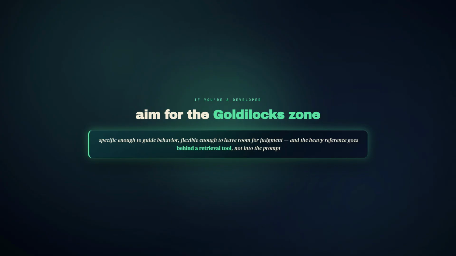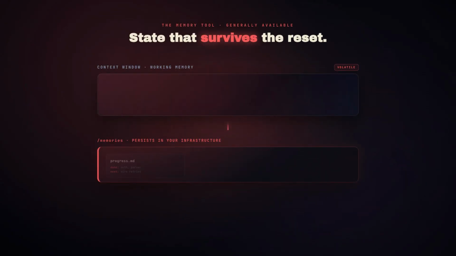It belongs behind a retrieval tool the agent calls when it needs it. The agent that forgot had nowhere to put what it learned. The memory tool is that somewhere. It is the single primitive that most directly embodies the whole doctrine, and it is generally available today, no beta